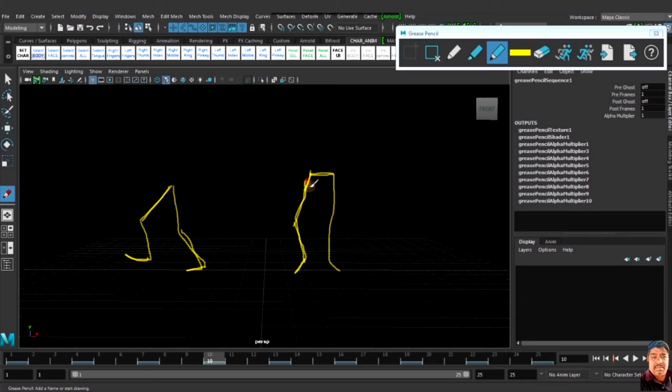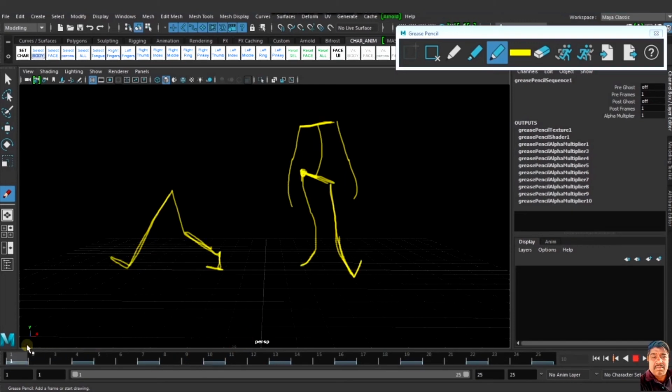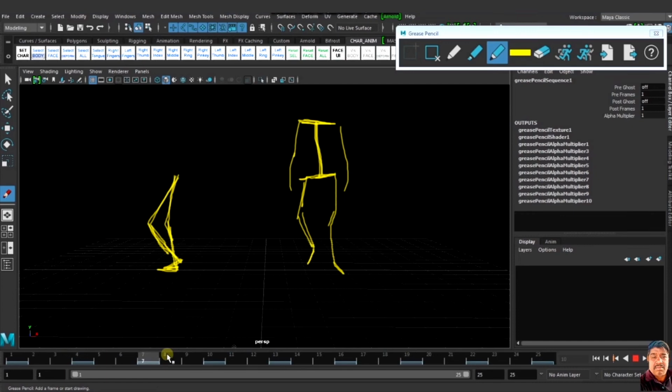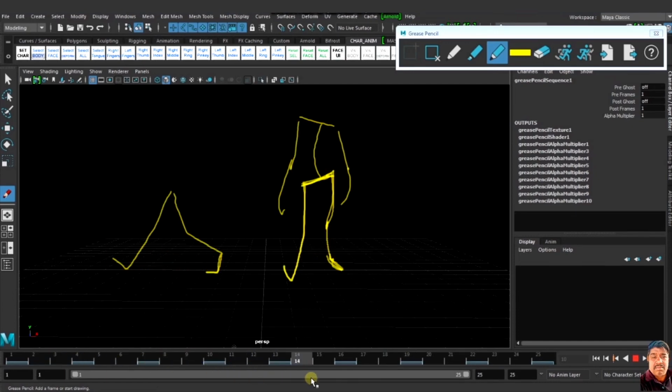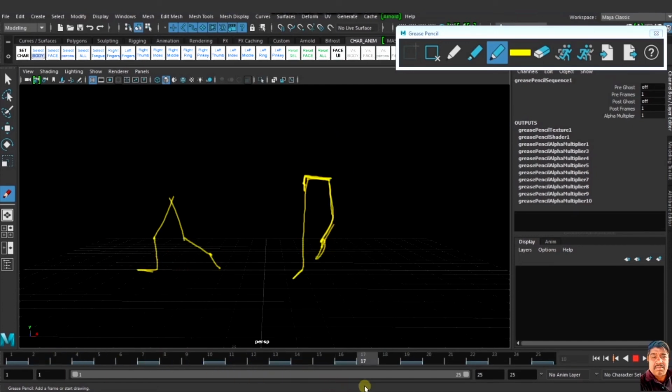So here is the up pose. The up pose is like this only. So here it is like this. It is like this. Here it is again the passing pose.